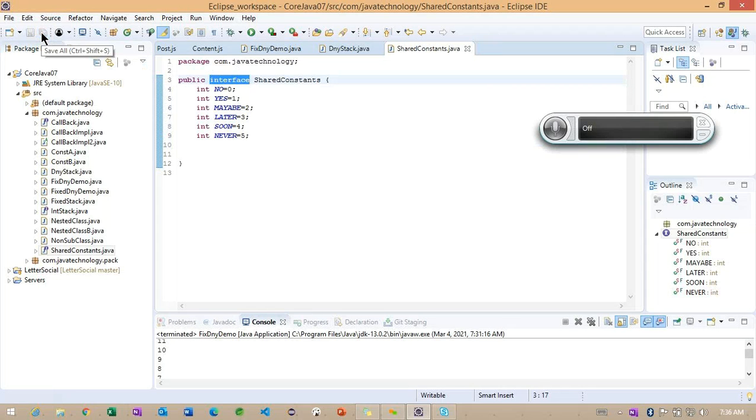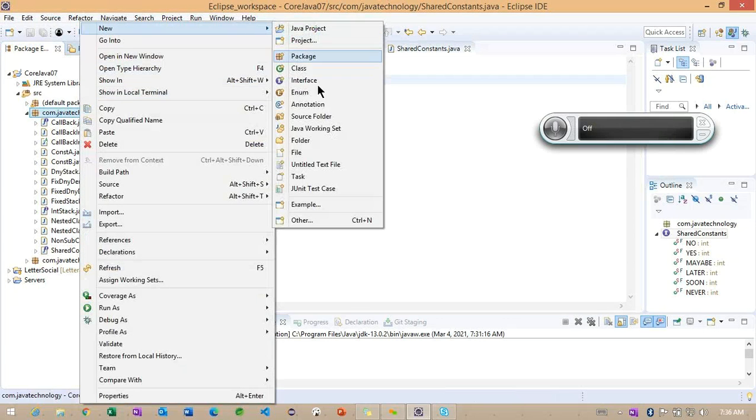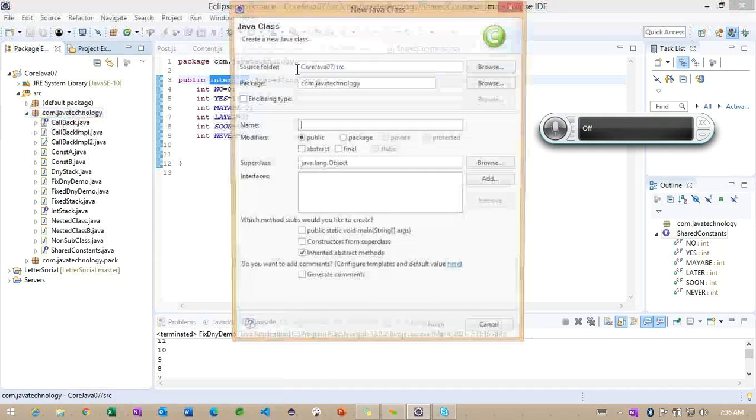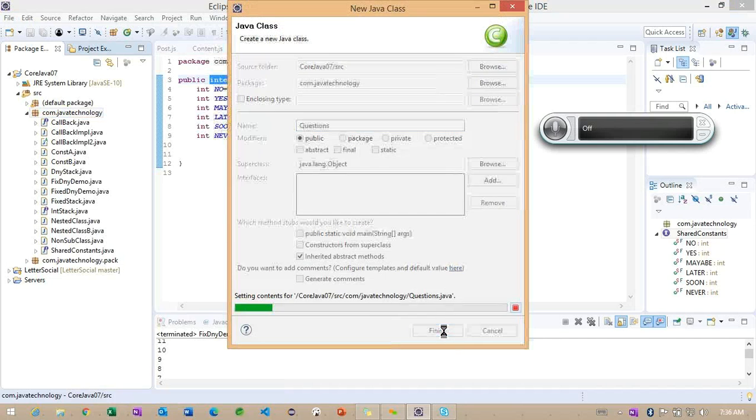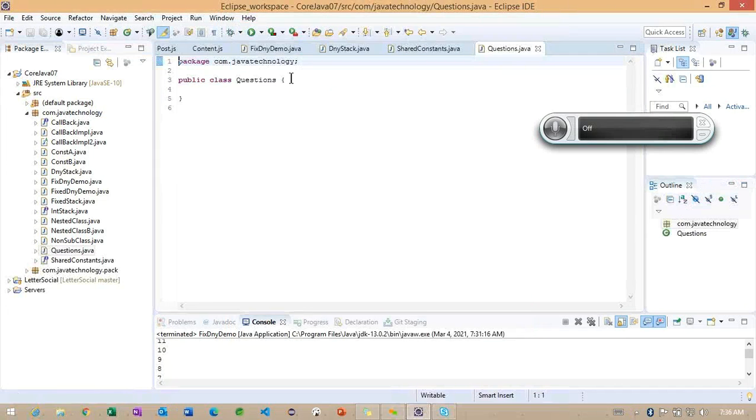So observe, using these 5 variables, how exactly I'm going to implement this particular interface. To work on this, we'll create one class here. The class name I'm using is Questions. And this particular class is going to implement SharedConstants.